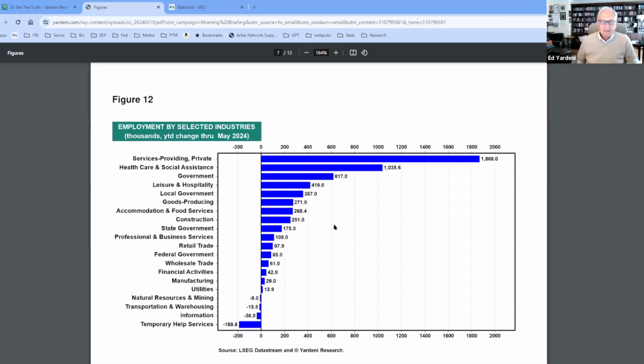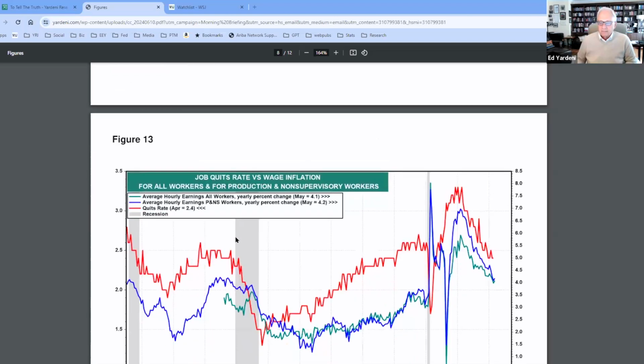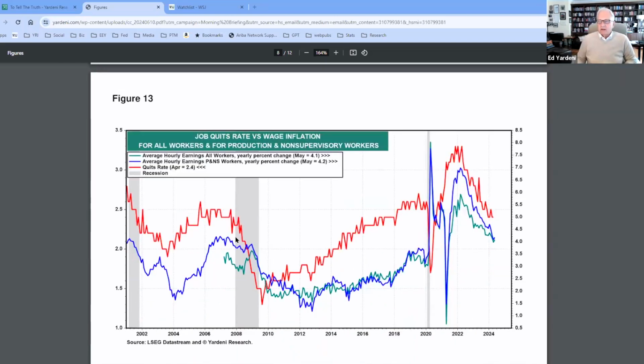Anyways, so again, take a look at the year-to-date employment by selected industries, and it's pretty much the same pattern as we see on a monthly basis. So all that kind of makes sense to us. There's a bunch of charts here looking at wage inflation. This is average hourly earnings that came out with employment. And you can see that wage inflation is fairly well correlated with quits. It kind of makes sense. People quit to get higher pay. If they're satisfied with their pay and their work, they're not as likely to quit.